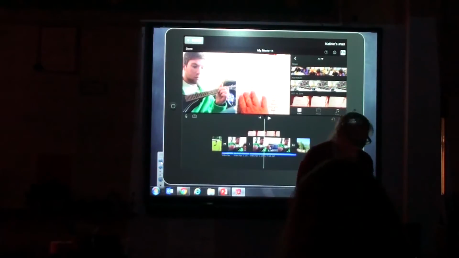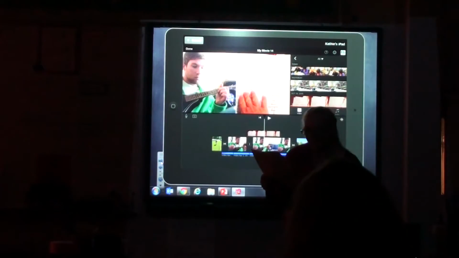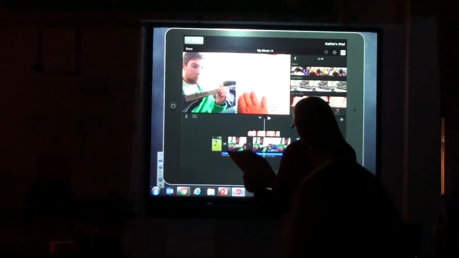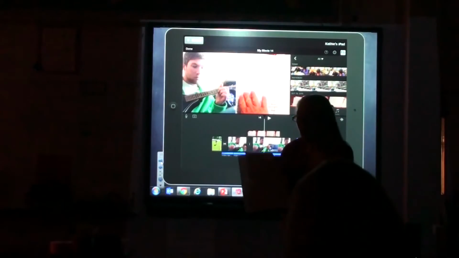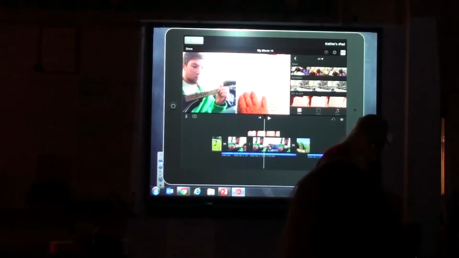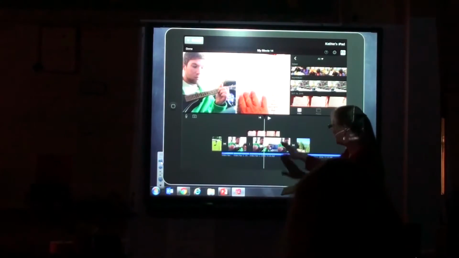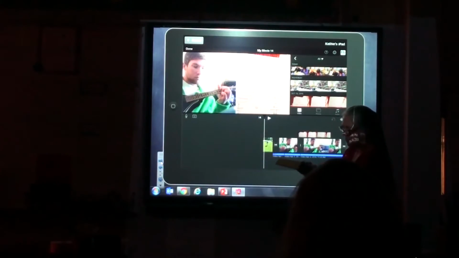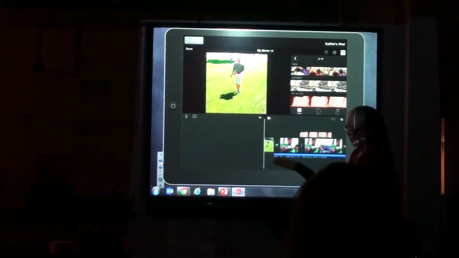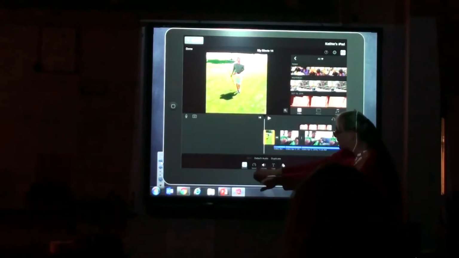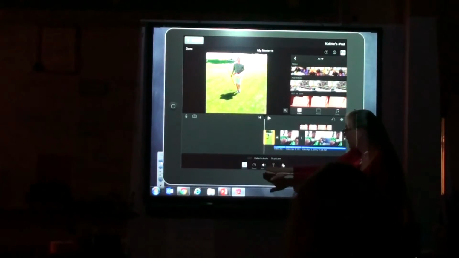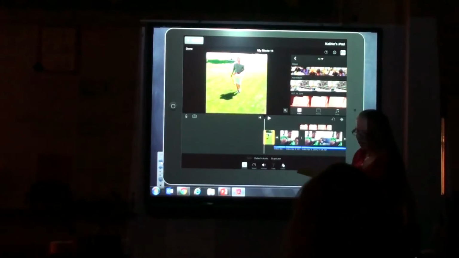So let's see. I've got to look at my notes because I've got to see what other things I wanted to show you guys. Let's see, templates. Oh, location, titles. Forgot all those things. So you want a title on this picture right here. So I'm going to come down here. Down here I can duplicate this, but I've also got this little thing right here that says titles. So I'm going to click right there on titles,